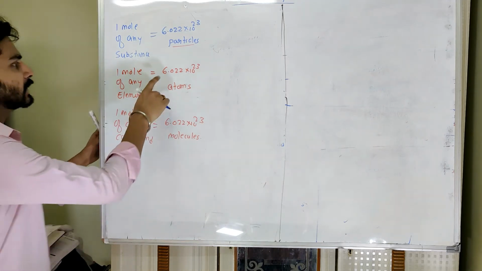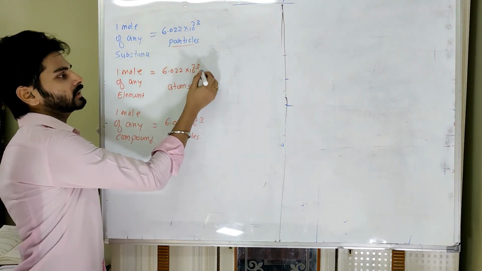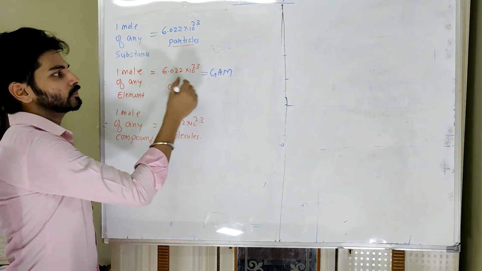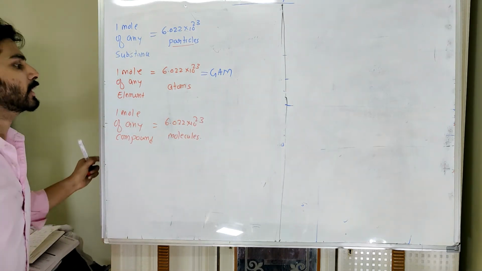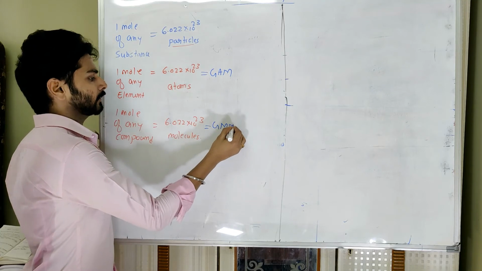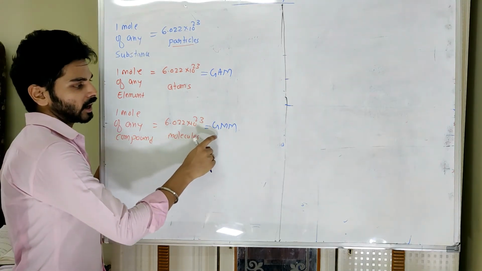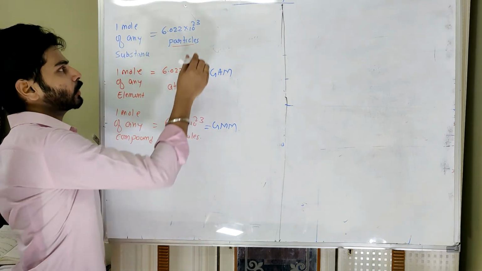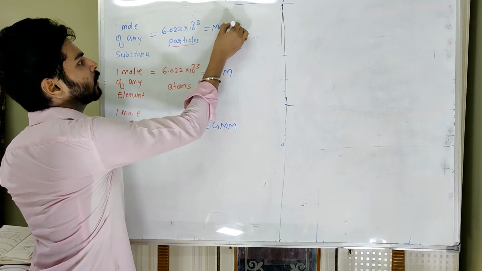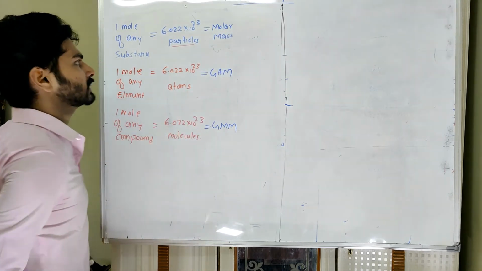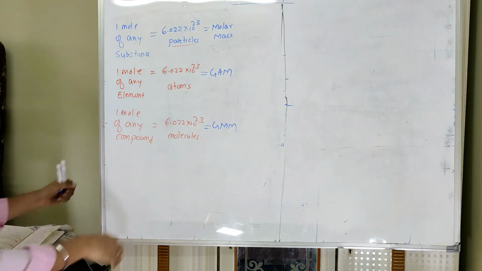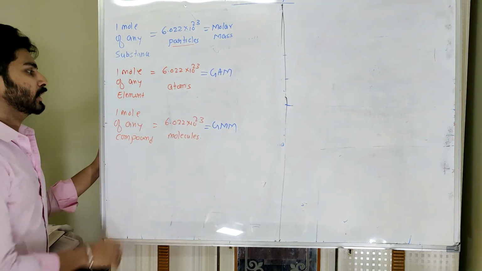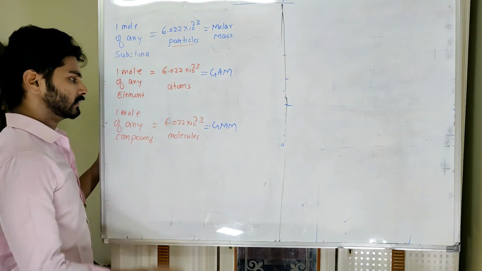So we know these many atoms of that element weigh equal to the gram atomic mass, and these many molecules of that compound will weigh the gram molecular mass. In general, if the substance is not known to us, whether it is an element or compound, then I can use a general word called molar mass. So I can replace gram atomic mass or gram molecular mass with molar mass, which is a general one. But if you know very specifically, then use gram atomic mass for an element or gram molecular mass for a compound.